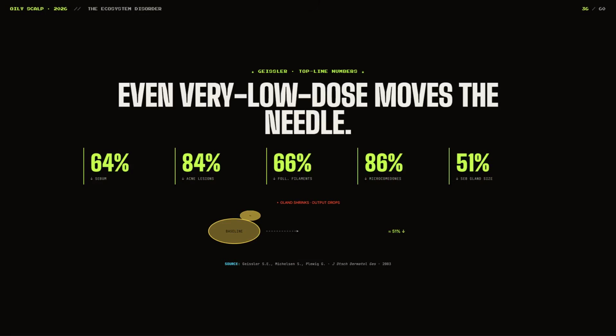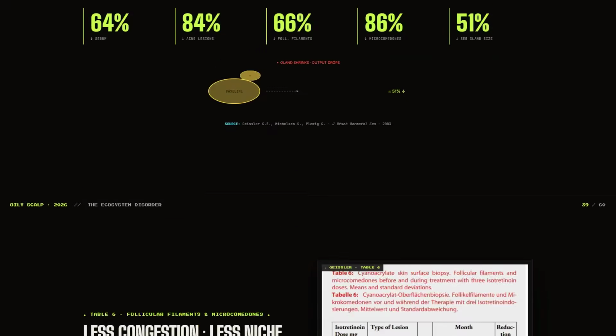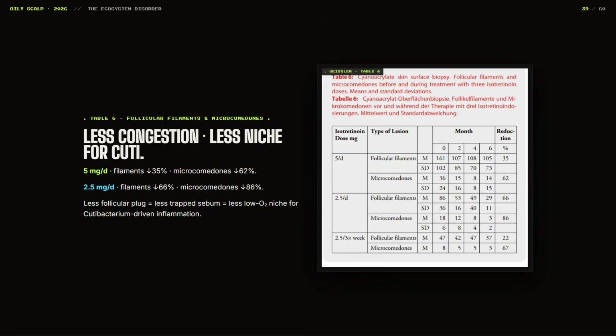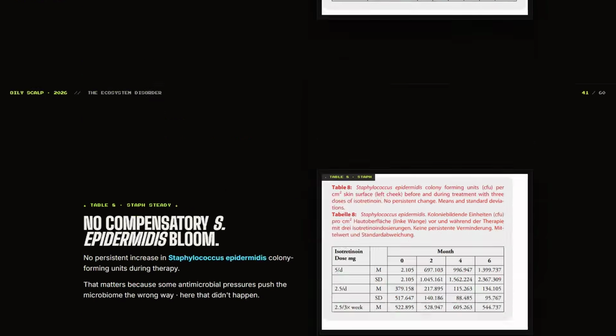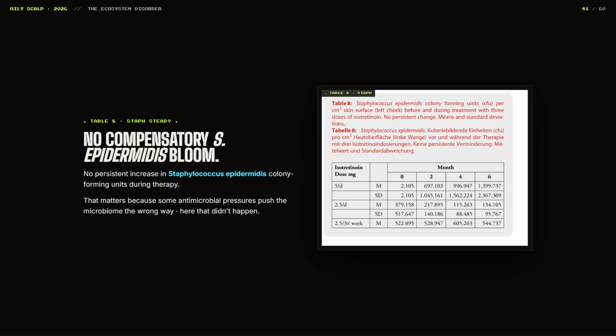They also note that it decreased Cutibacterium without increasing Staphylococcus epidermidis, another species of Staphylococcus, which is pretty important because if we're not having an issue with the Staphylococcus species, then this could be a sort of selective target of possibly one of the most abundant bacteria on our skin and inside of our skin, being Cutibacterium.